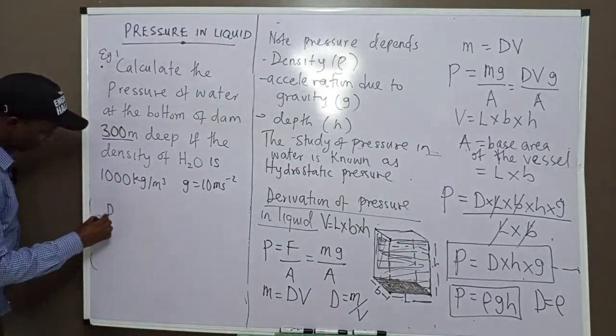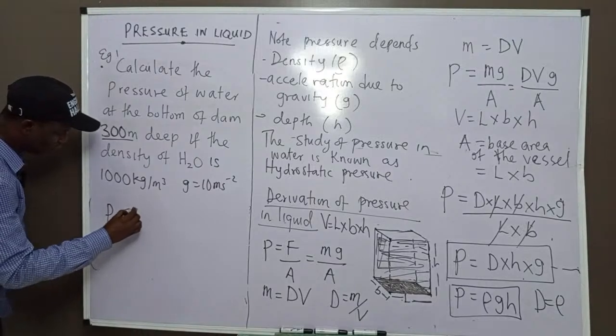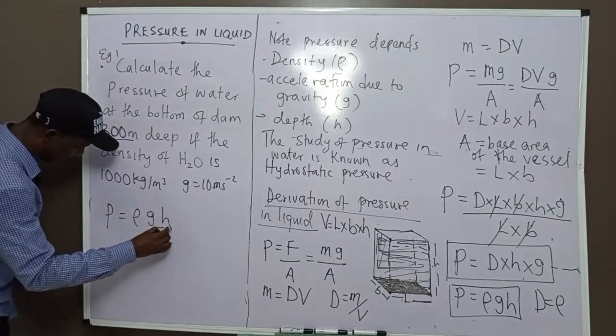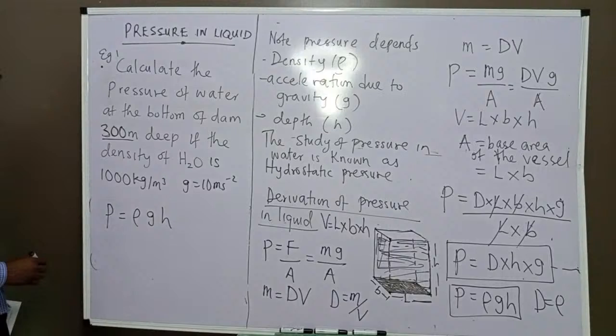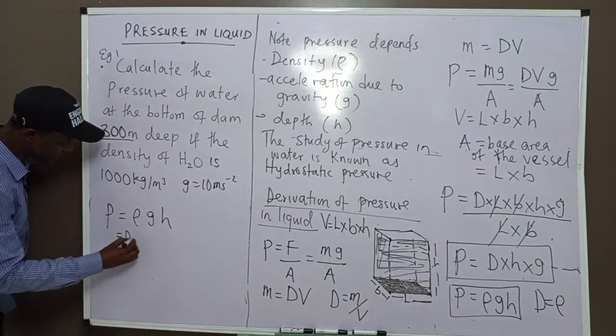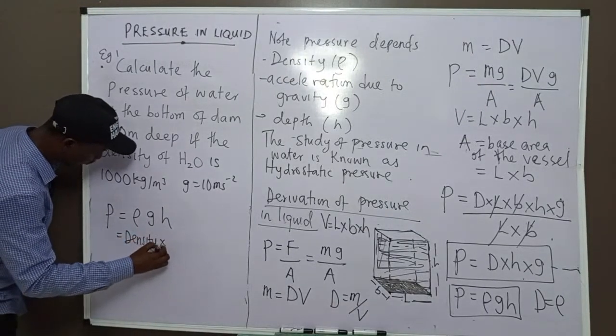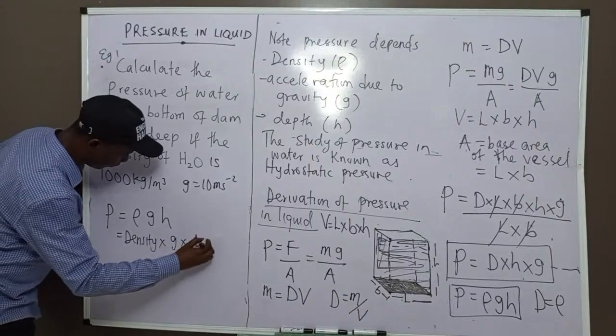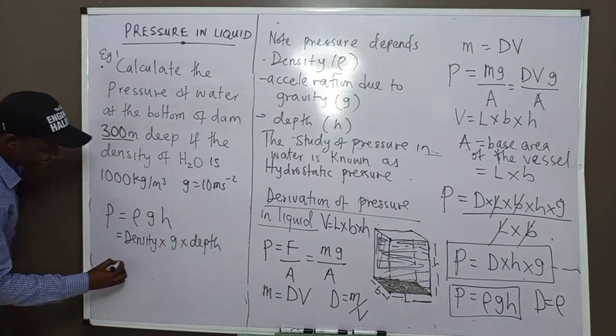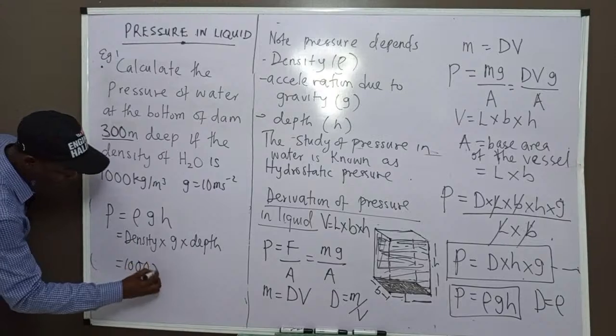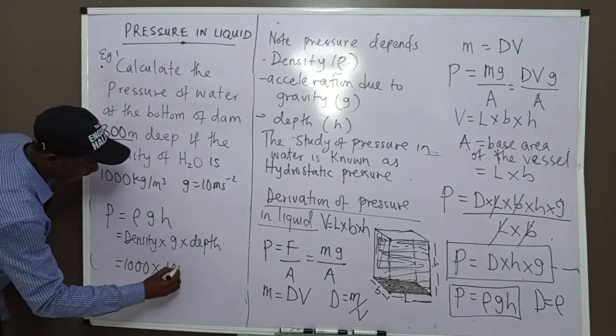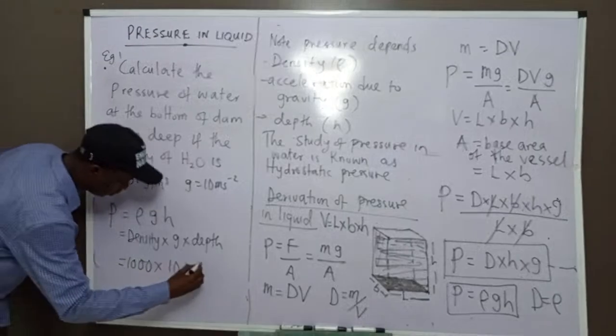So what is pressure? Pressure is equal to rho, density, times gravity times height. That's the formula, or times depth rather. So it's density times g times depth. So what is our density now? 1000 times 10 times